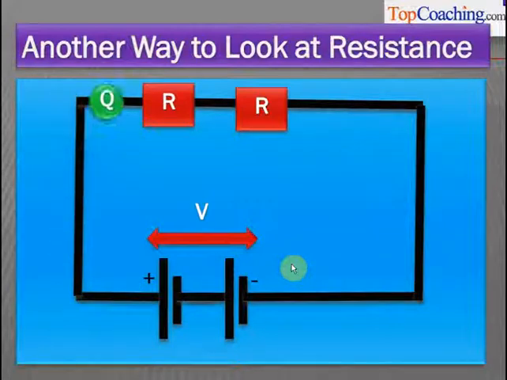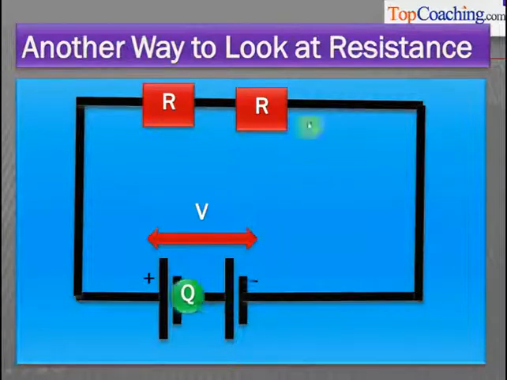The resistance is a characteristic of the material through which current is flowing. Understood? So if the material through which current is flowing has high resistance, then for the same amount of voltage, less current will flow. So if you take two materials, one material has high resistance and one material has less resistance, and if you apply the same potential difference across both the materials, then the current flowing through the material with higher resistance will be less, because the more the resistance, the lesser the current for the same amount of potential difference applied. So this is one fact that you must remember. V equal to IR is fine, but you must remember the physical significance of resistance also, that it represents the resistance to the flow of electric current.